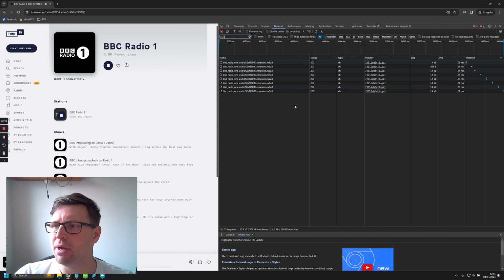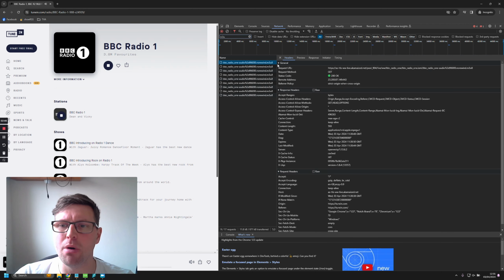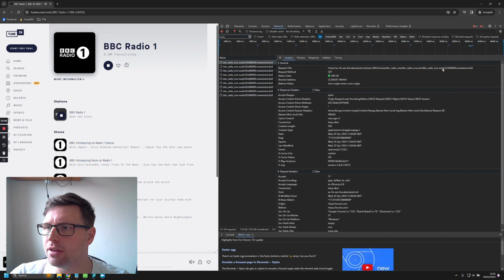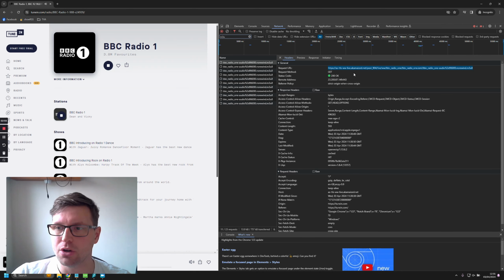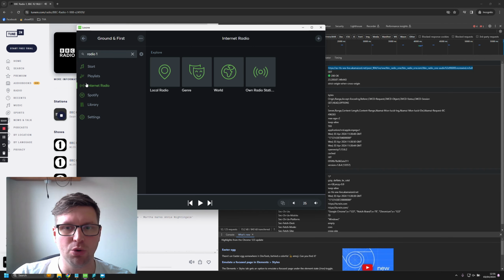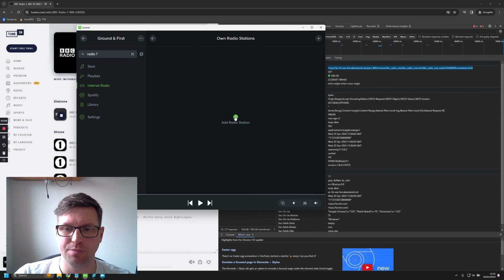So if I just pick up the most recent one that started playing and click it, you'll see here that there is a request URL. Take that whole URL, copy it, open up your Loxone app, go into your room, into your zone, head to internet radio, and you've got this option here for own radio stations. Go into here, press add,